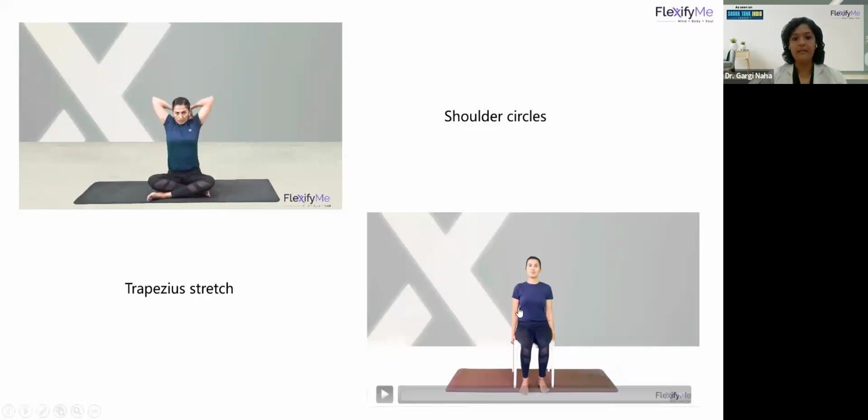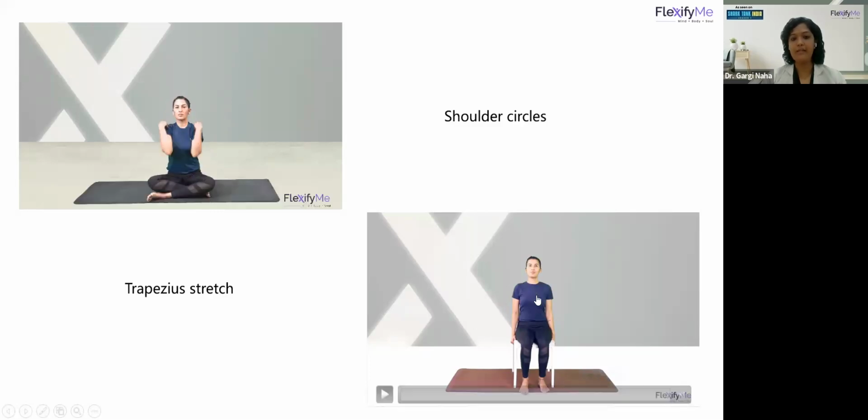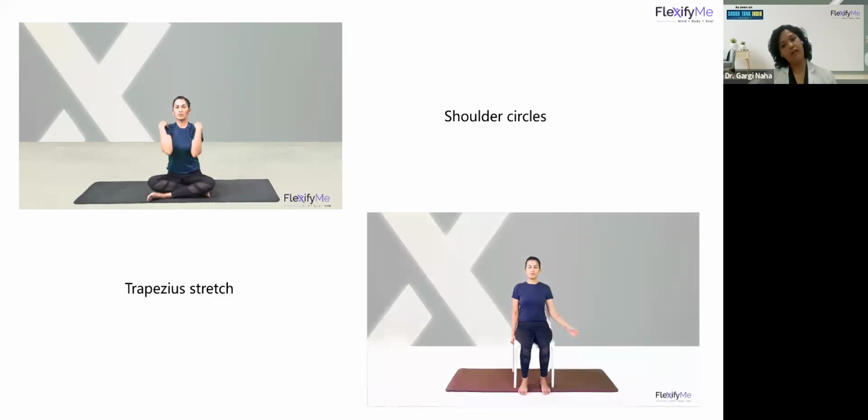Right? The next exercise you can do is in a sitting position. A neck stretch. How you do it is, you take one hand down, and take the other hand over your head, and pull it towards the side. Ensure that your shoulder does not hike, your shoulder is down. Pull it, hold it for at least 10 to 15 seconds, feel the stretch and relax.